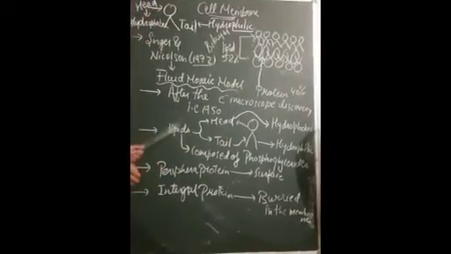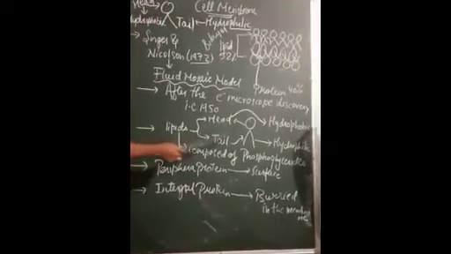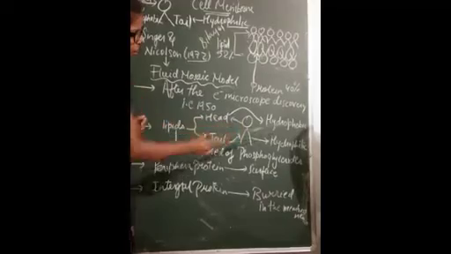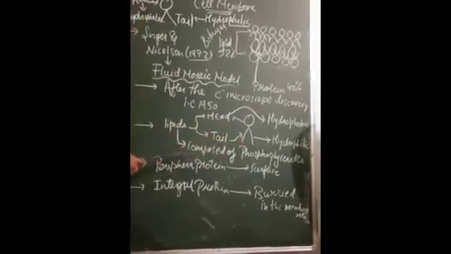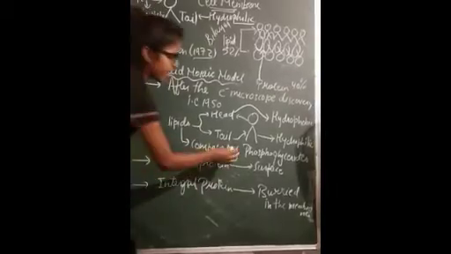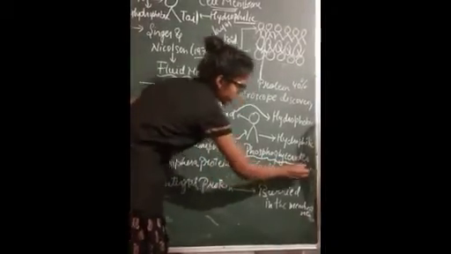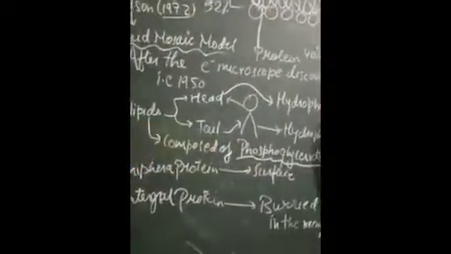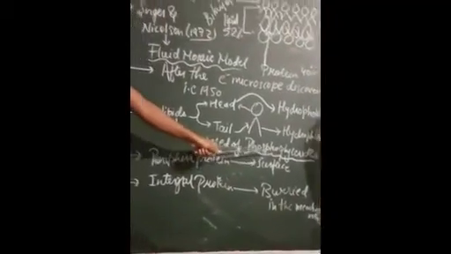The lipid portions are written here, with head and tail. The head is hydrophobic and the tail is hydrophilic. Now this lipid is composed of phosphoglyceride. Student, do remember the term phosphoglyceride. The lipid is made up of phosphoglyceride.